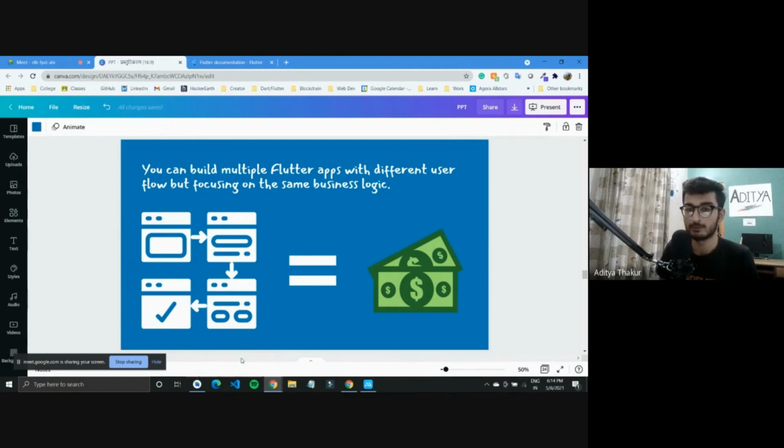But what you can do is modify the UI, or the user interface, for the different platforms. So you can save money on writing the function. You can reuse these functions everywhere, but you can change and modify the user interface according to the different platforms that you want your application to run on.